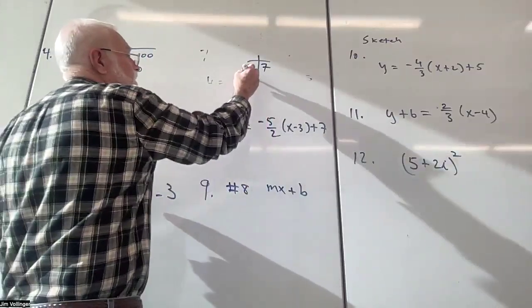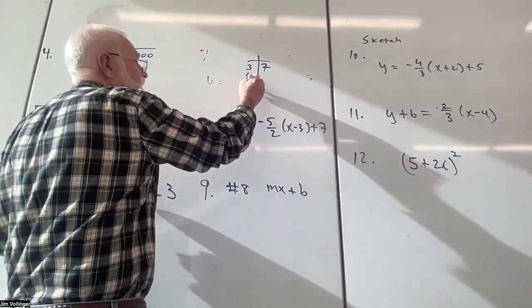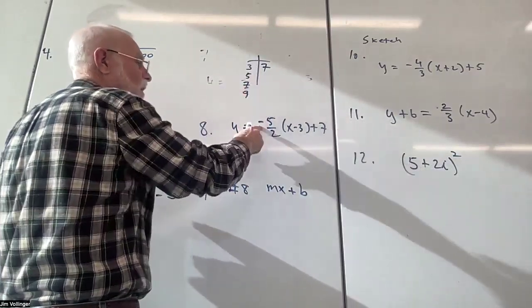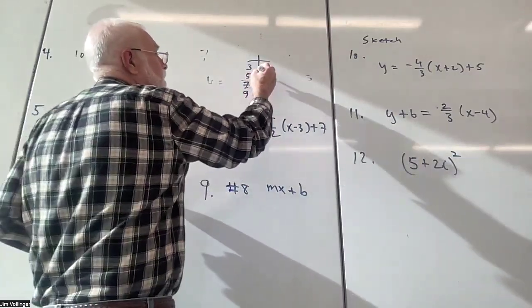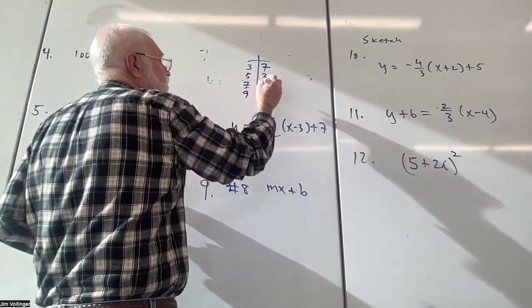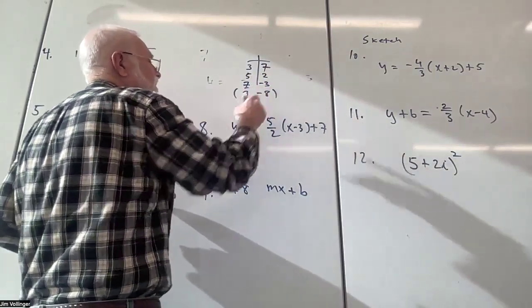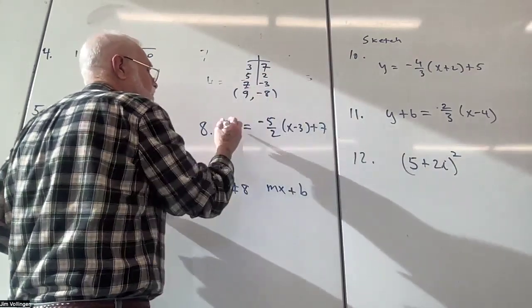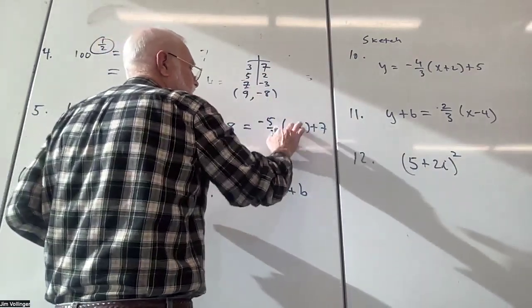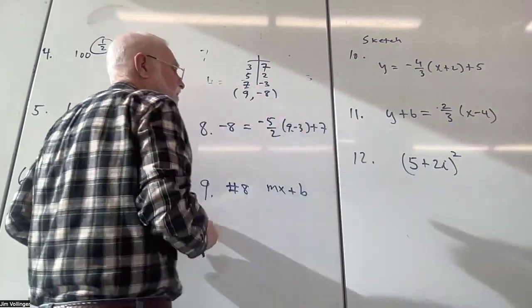And that should tell me that if I change x by 2, then my y value should go down 5. Well, there's 2, there's -3, and there's -8. 9 should get me -8. Let's find out if it's true. A y value of -8, does it come from a 9? Well, 9